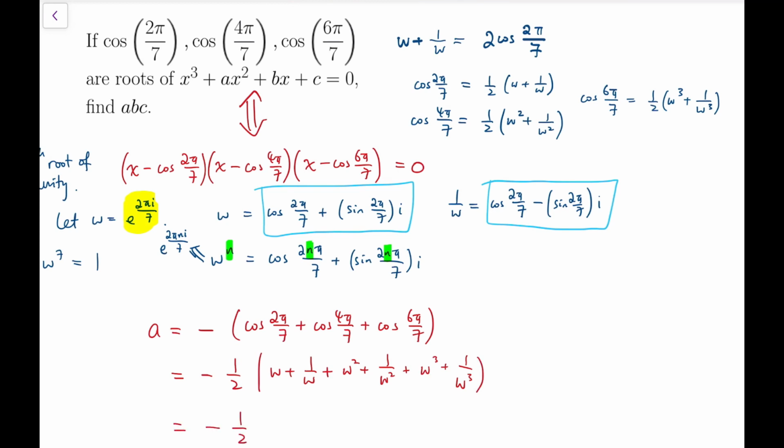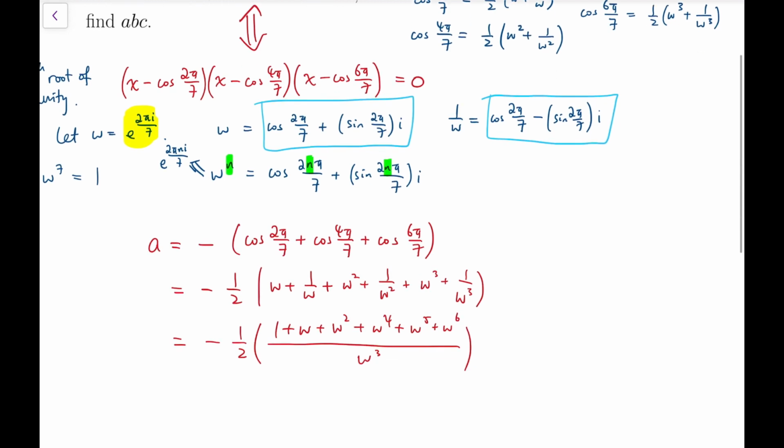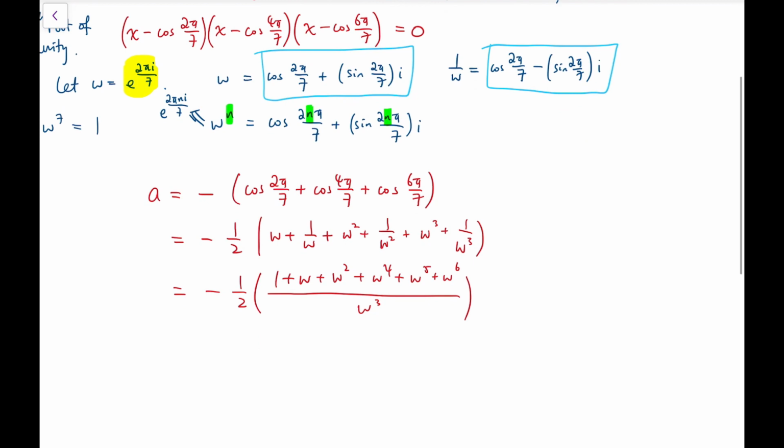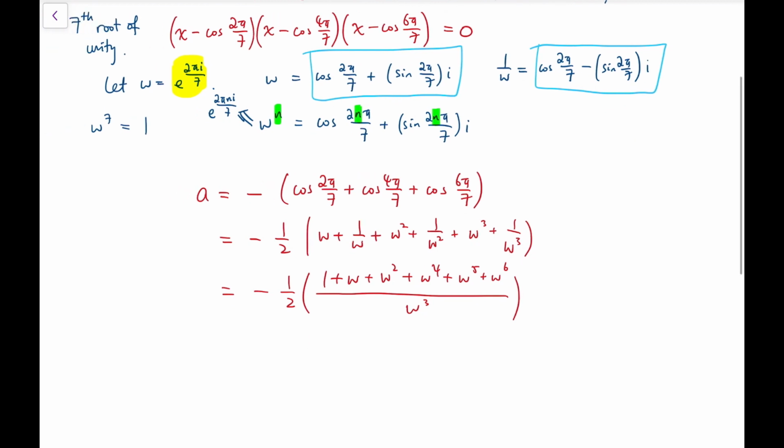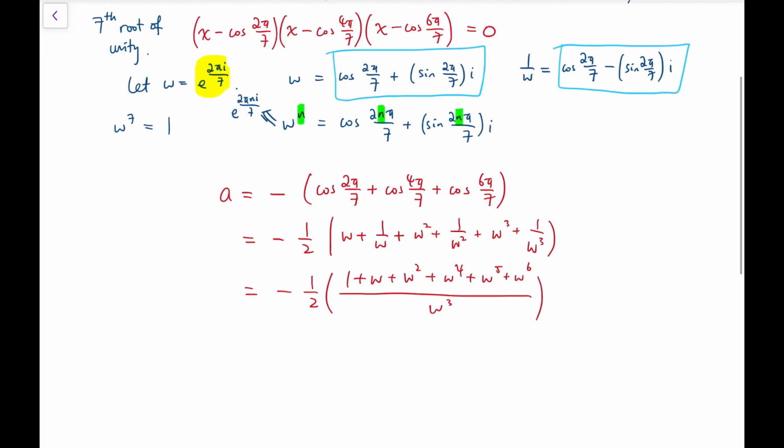And if I really add them up into one single fraction, we'll have omega cubed at the bottom, and for the top we will have 1 plus omega squared, and then plus omega to the 4 plus omega to the 5 plus omega to the 6. Now to compute this fraction, notice that if I have omega to the power 7 equals 1,